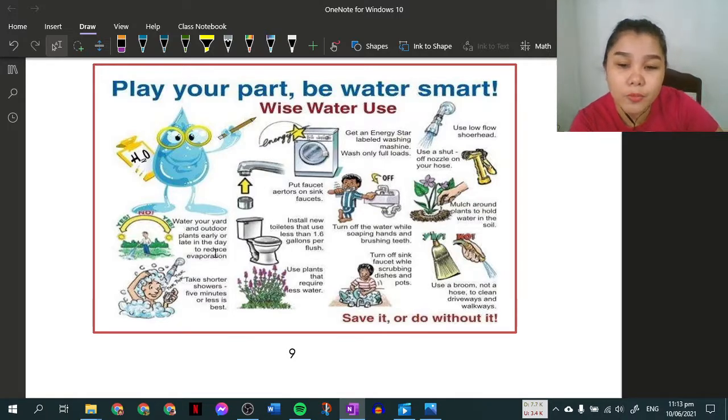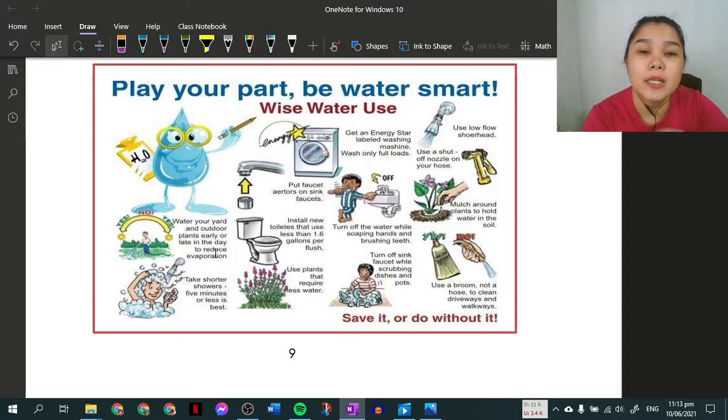And then, use a broom, not a hose, to clean driveways and walkways. So, kasi yung iba, mahilig maya-maya para magfa-flush ng driveway using water. So, instead, broom na lang muna. Dry muna ang paglilinis. So, with that, you can save water